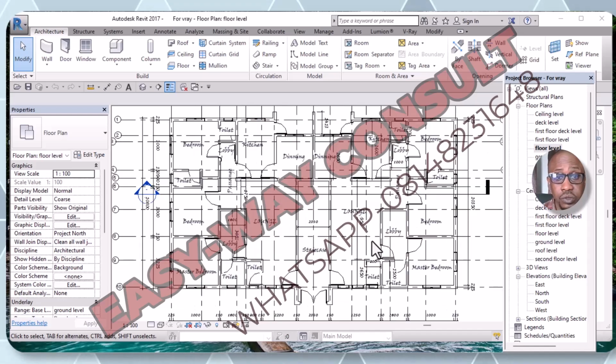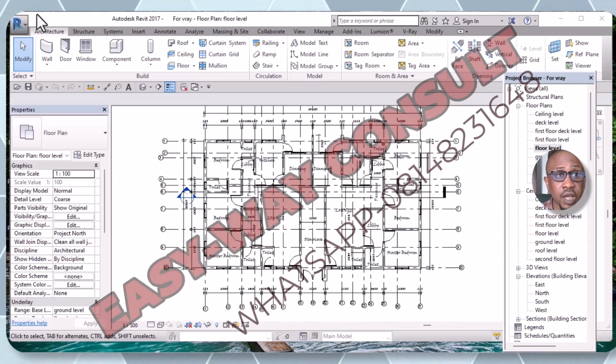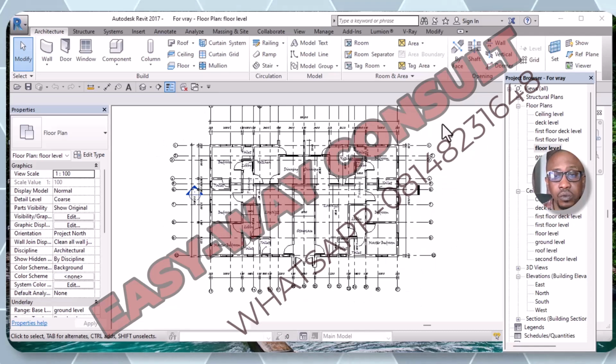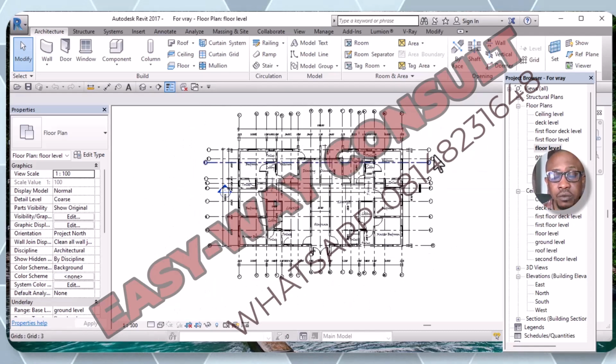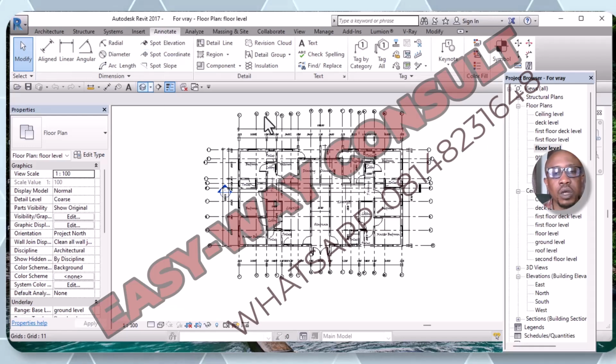We are going to teach you the different types of measurement in Revit, and also how to do a quick measurement. It's going to be as short as possible. So let's get to that. If you go to annotation,